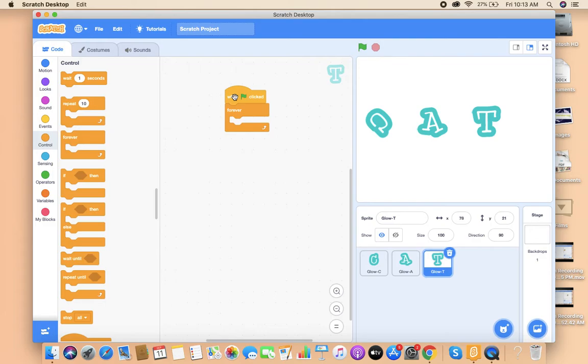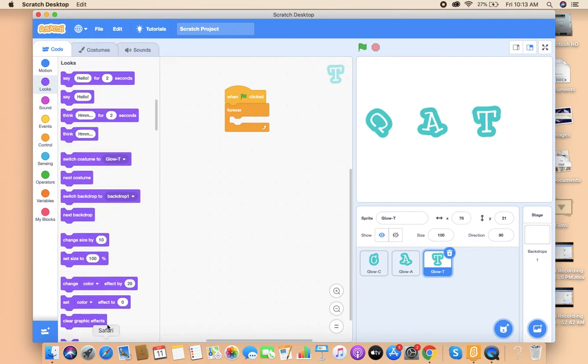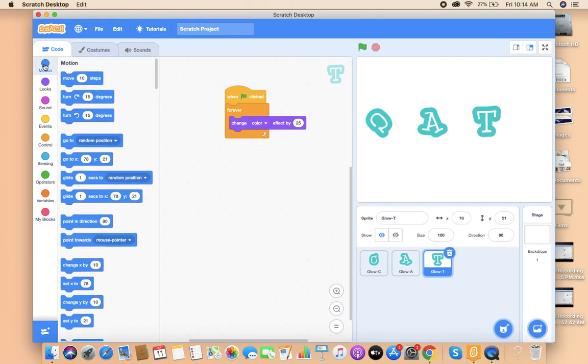First we will change its color. We will go to looks, change color effect, then from motion I will select turn 15 degrees. First it will change its color, then it will turn.